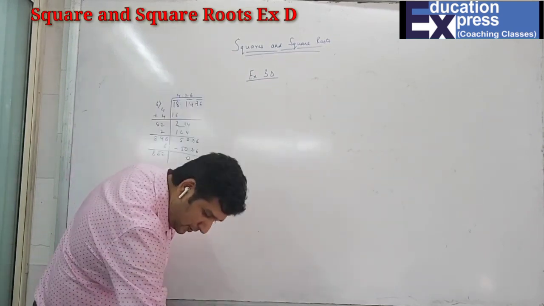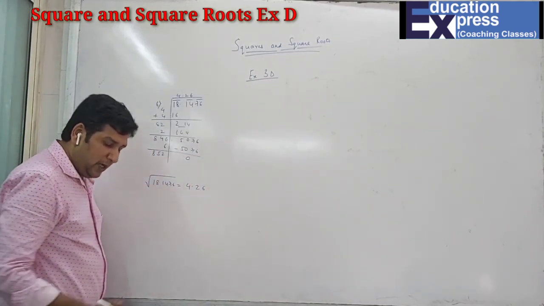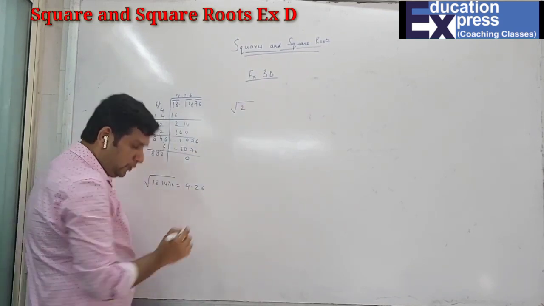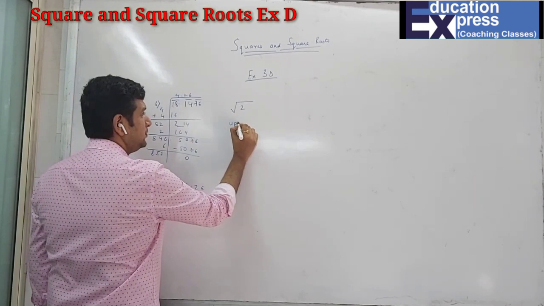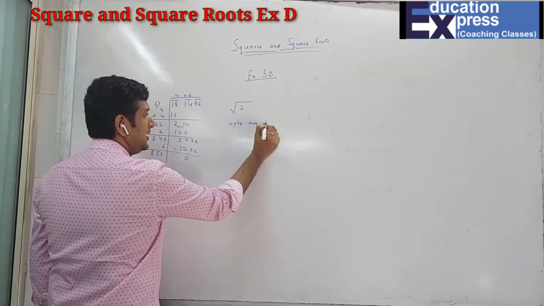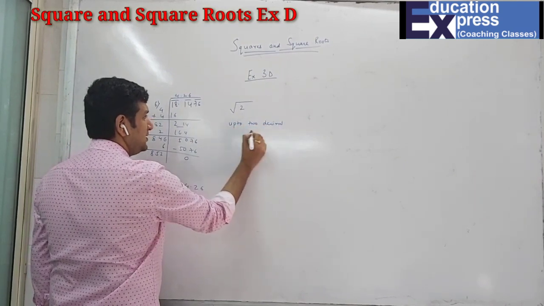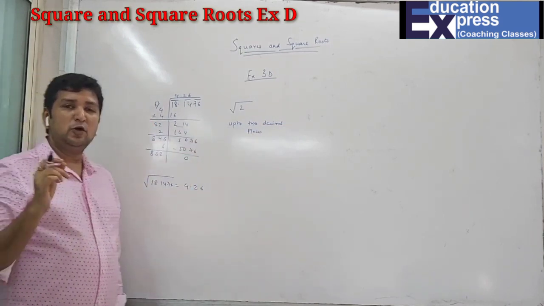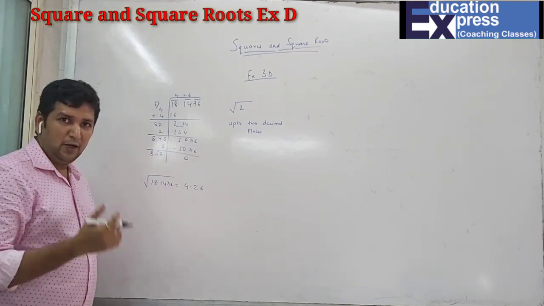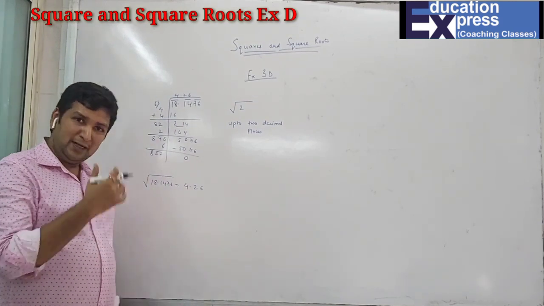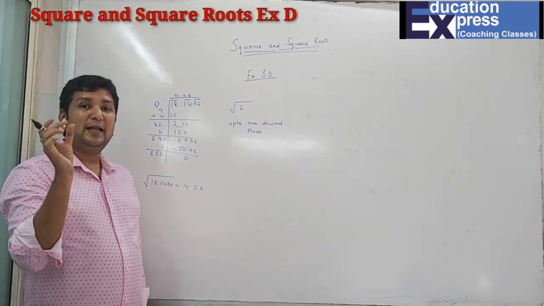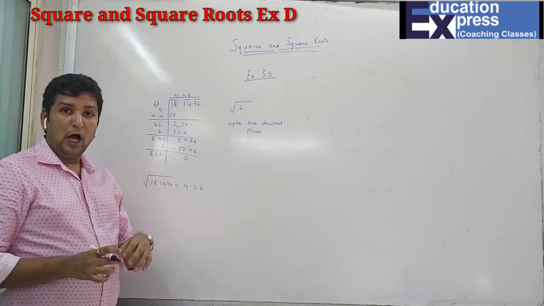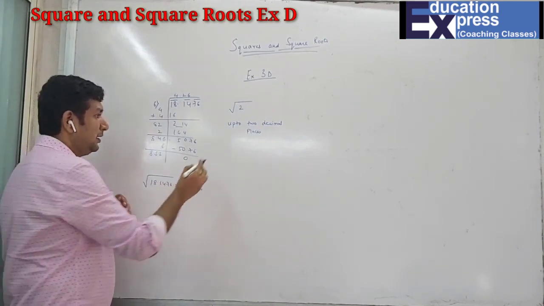They have asked over here, evaluate the square root of 2 up to 2 decimal places. First of all, they have given me this because definitely we all know that there is no proper square root of 2. That means here the remainder is not 0. So you have to continue till a particular number of decimal places, which is specified over here, up to 2 decimal places. Along with this, they can ask you one more thing.